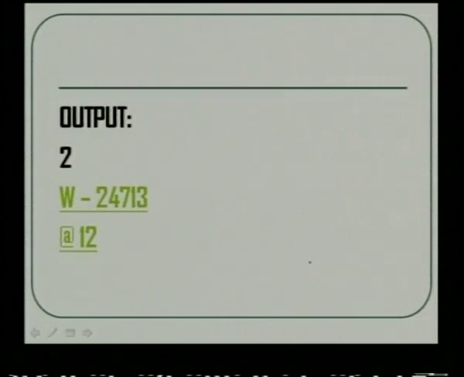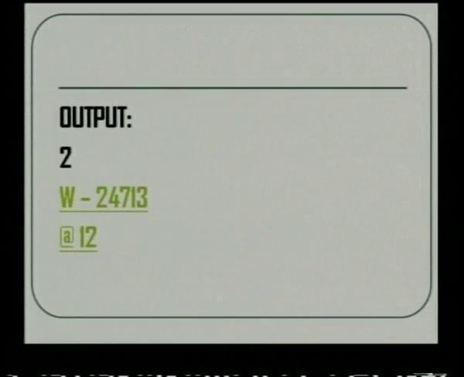So, this is the output of the previous program. Here, 2 is nothing but the size of the union. As I said, sizeof is used to obtain the memory allocated for a particular variable. The memory required for the largest member of the union is allocated. The largest member of the union was the integer, so 2 bytes. That is why the first output has been printed as 2.